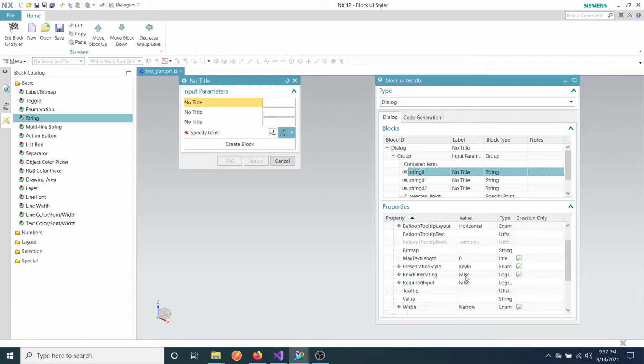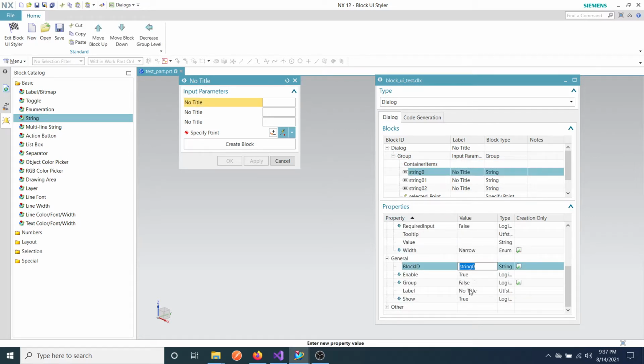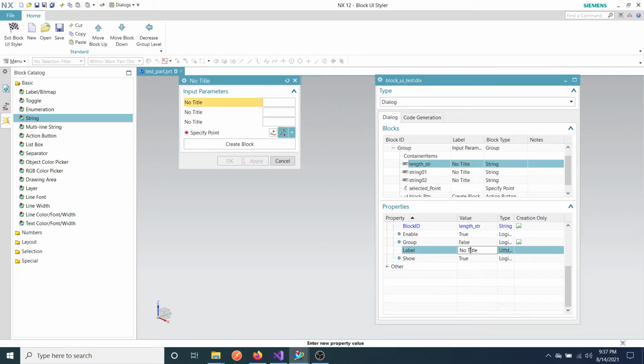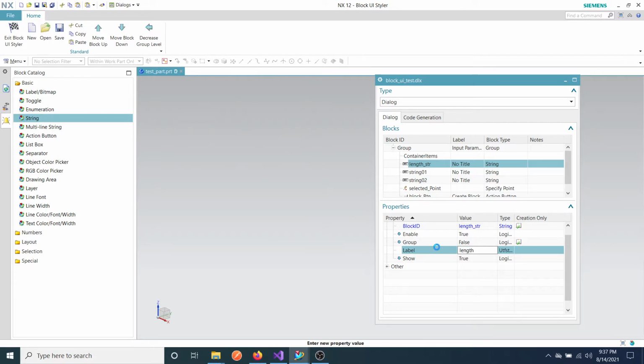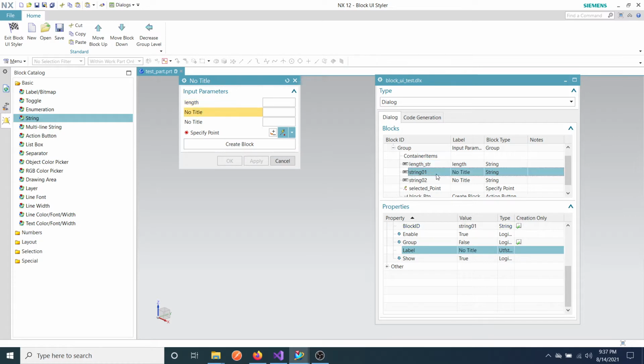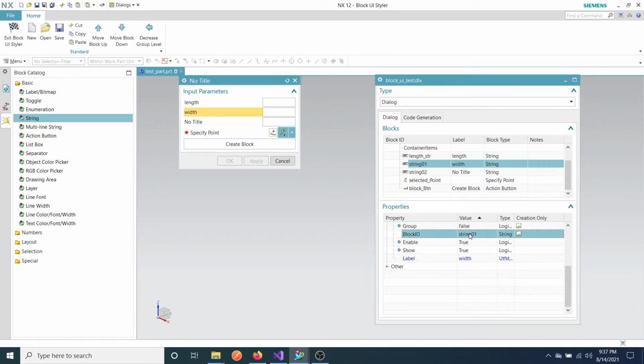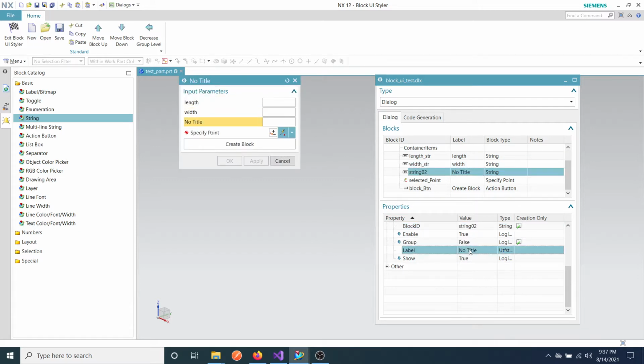This one let's say it's a length. Next one width, and the last one is height.